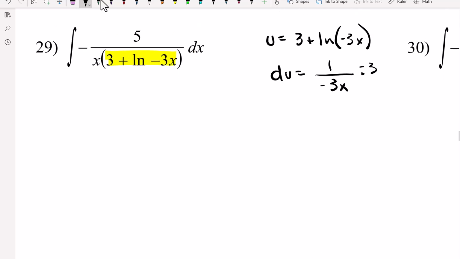So this negative, and then that's times dx. This negative 3 and that negative 3 cancel. So du is equal to 1 over x dx. All right. Well, that takes care of this part and this part. So we're going to have to multiply both sides by negative 5, and then that will take care of, here,